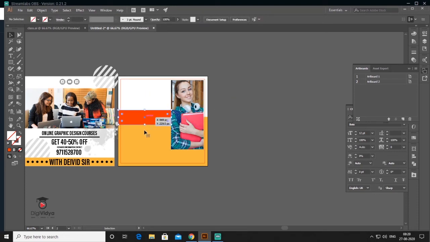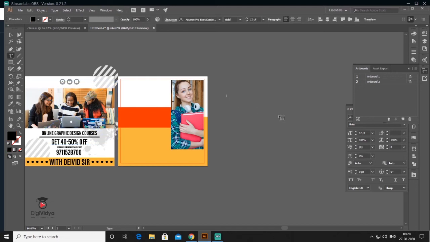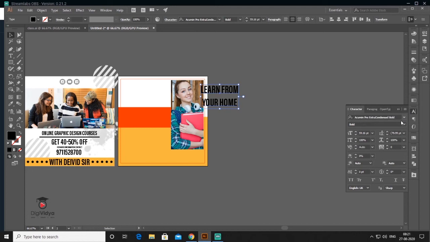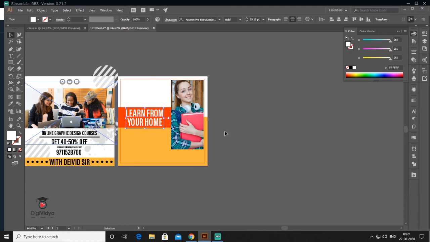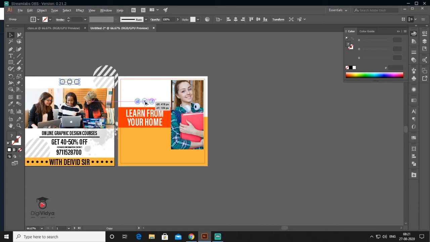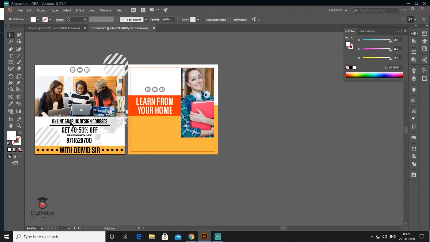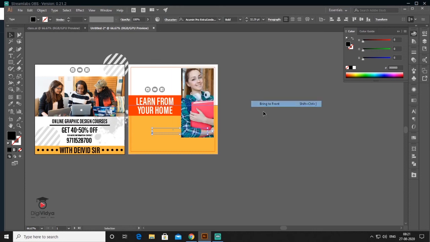So here it is. Go to the text tool, I want to write something here, and I just increase the size and align center. Go to the character palette and change the color into white color, right? And then I copy and paste the social media icons. I just copy paste this one, right click, arrange, bring it to front.